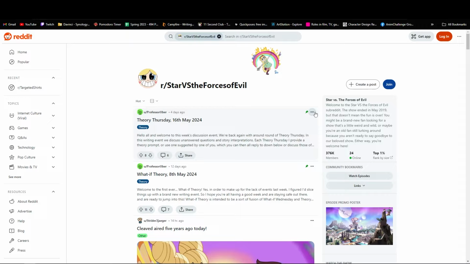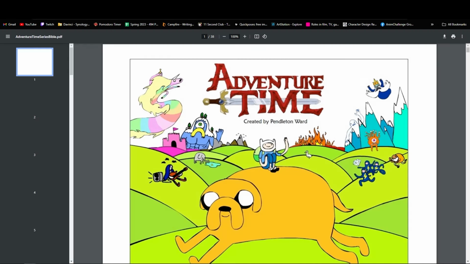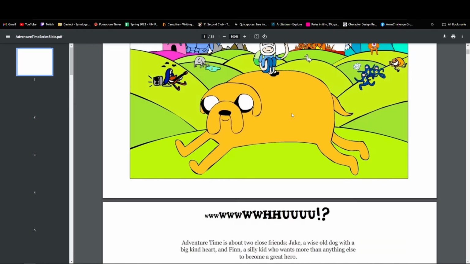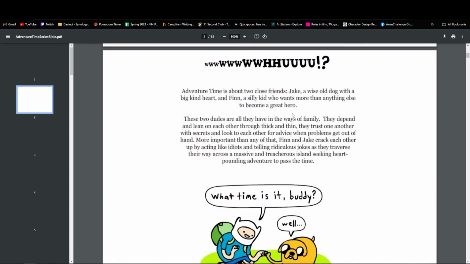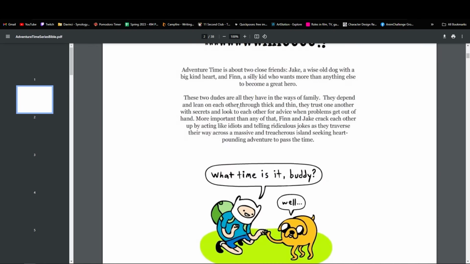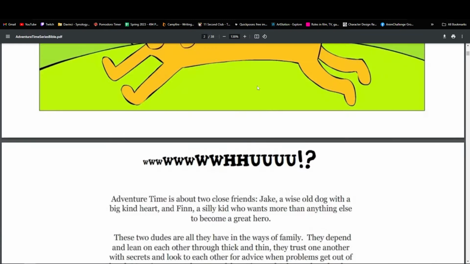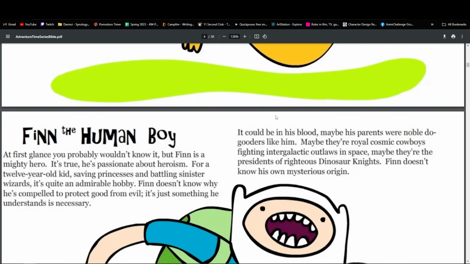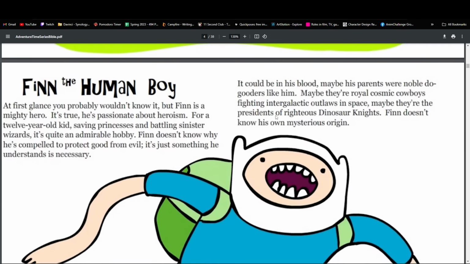Moving on, we're going to go to the pitch Bible that I kind of referenced, maybe not heavily, but kind of a lot. The Adventure Time pitch Bible. Adventure Time, created by Pendleton Ward. So here's the thing. We got basically the log line, basically a synopsis, you can call it. Can I full screen this? Okay, that's a little better. I'll take it. Full page artwork of Finn and Jake. Next, after the synopsis, or the log line, whatever you want to call it,